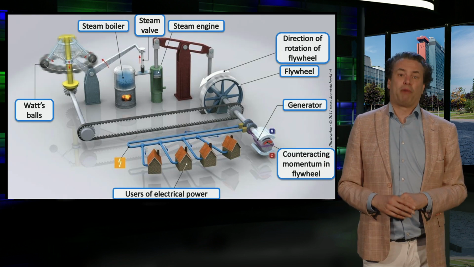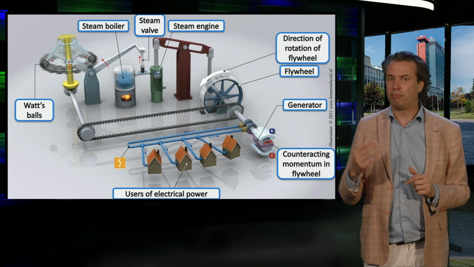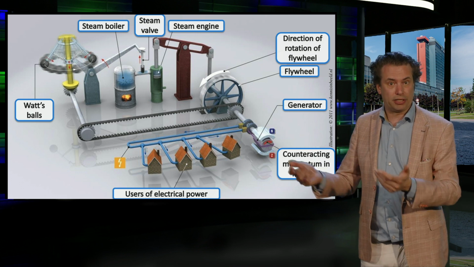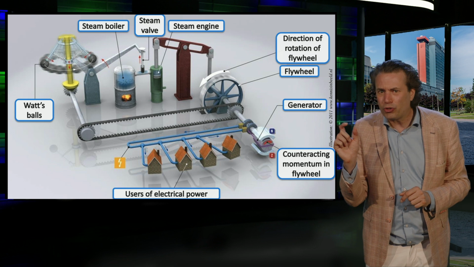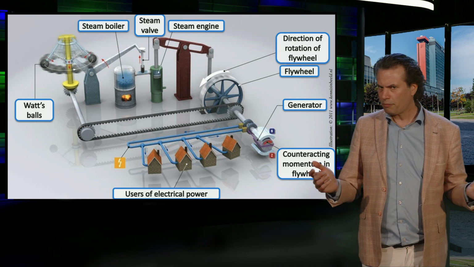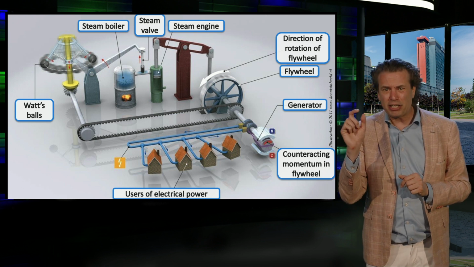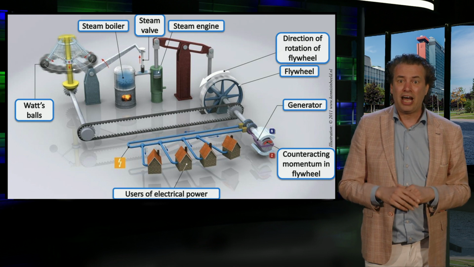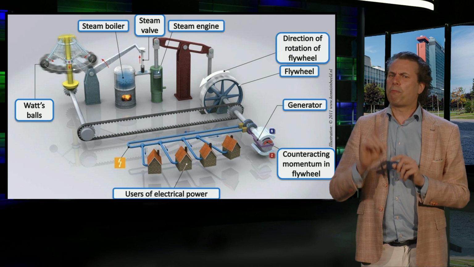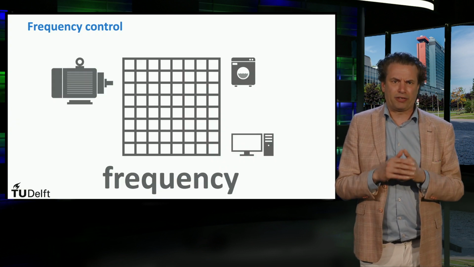In a traditional power system, a centrifugal governor controls the speed of a machine by regulating the amount of fuel that is supplied to it. In this way, a near constant speed independent of the load can be achieved. In the case of, for instance, steam engines, it regulates the emission of steam into the cylinder, as you can observe in this illustration. It is important to mention that frequency is a common parameter throughout the network.